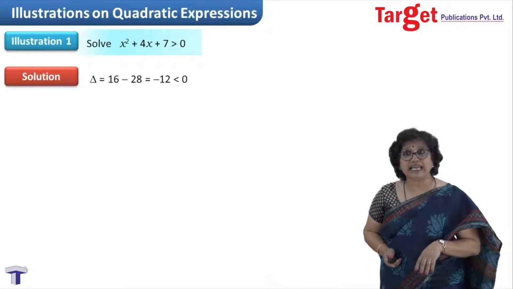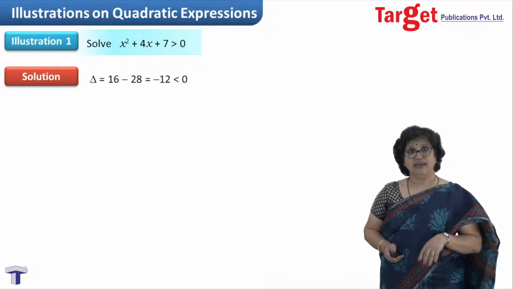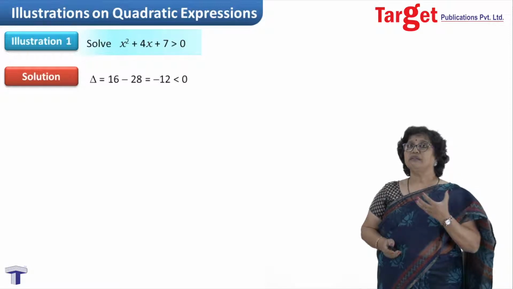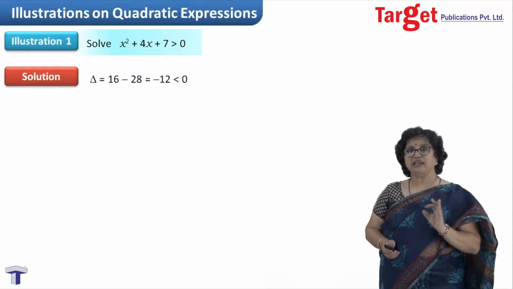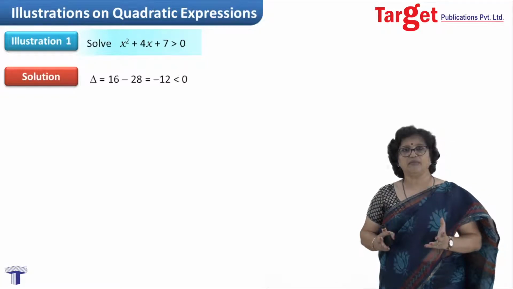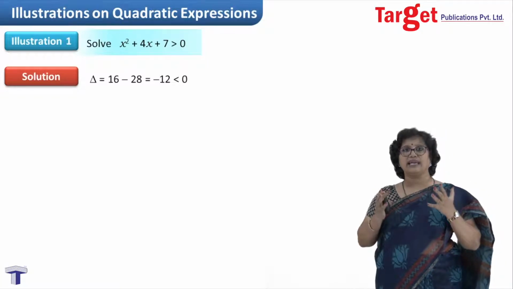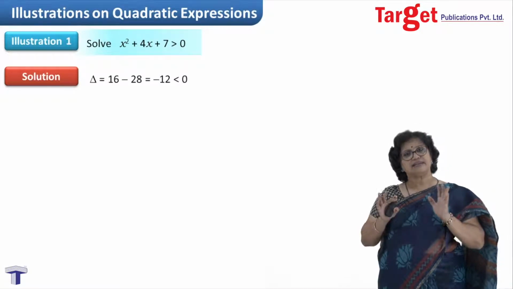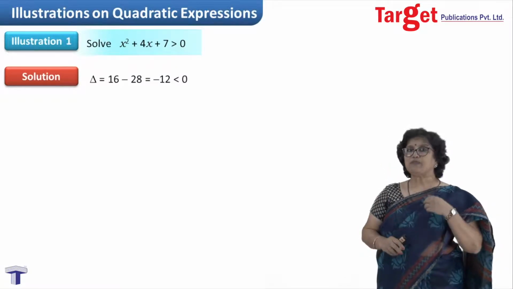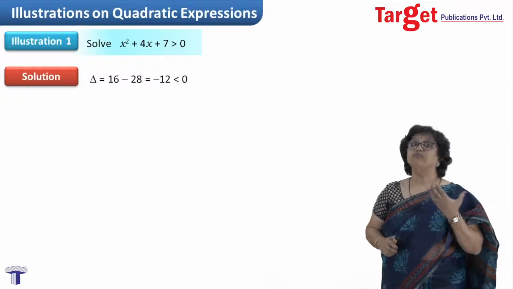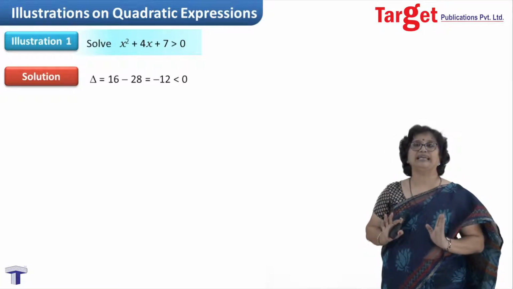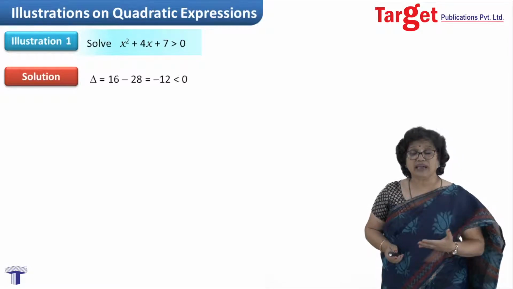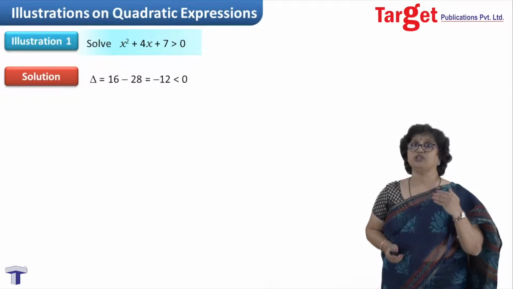Now, when I see x square plus 4x plus 7, I first understand that I must get its delta, meaning discriminant. You know, discriminant is the heart of a quadratic expression or equation. Whether it is required for the problem or not, this mental calculation you can do: b square minus 4ac, and keep ready in your mind what the delta is. And I observe here that delta is less than 0. So this also says something.